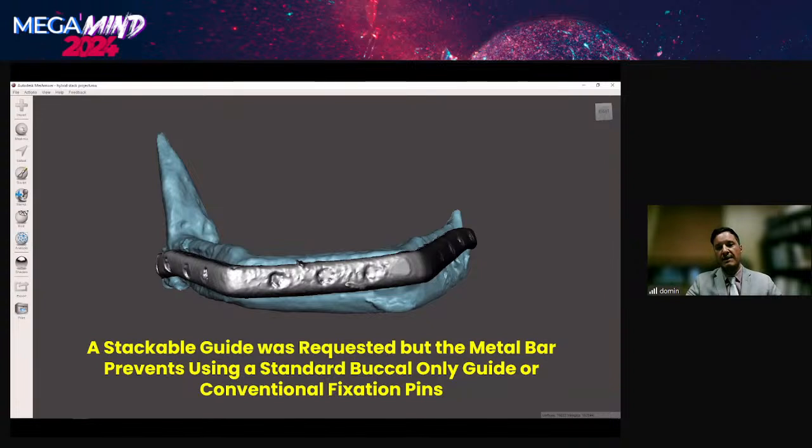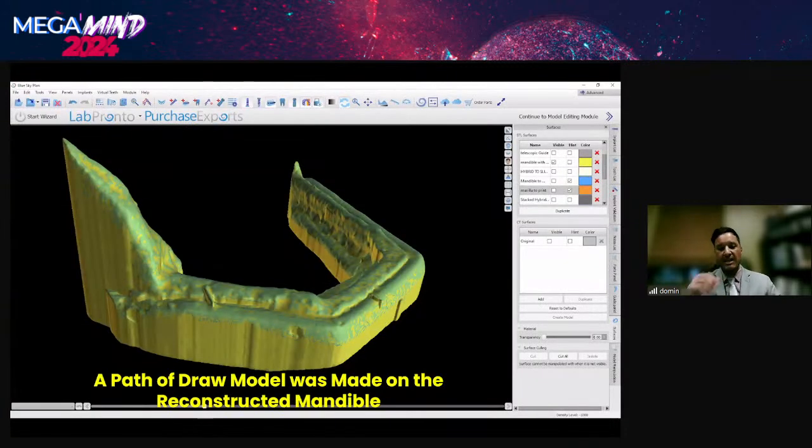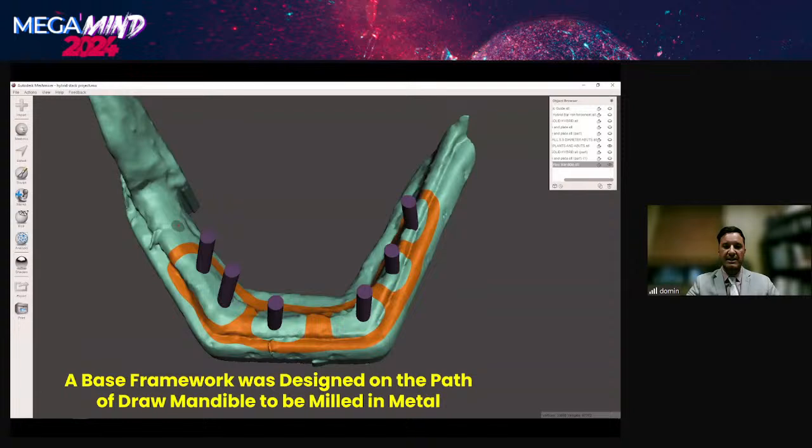Now, I want to make a stackable guide, but you can't use lateral pin retention for a stackable guide in this type of situation because the bar is in place and it has monocortical screws on the buccal already. So the way to create a surgical guide for her is first of all, we're going to create a path of insertion for our model so that the guide is passive. Now, once our implants are highlighted, you can see those little purple things are our implants in the plan positions. I'm going to highlight that orange area is where I want to create my base guide around my implant positions,